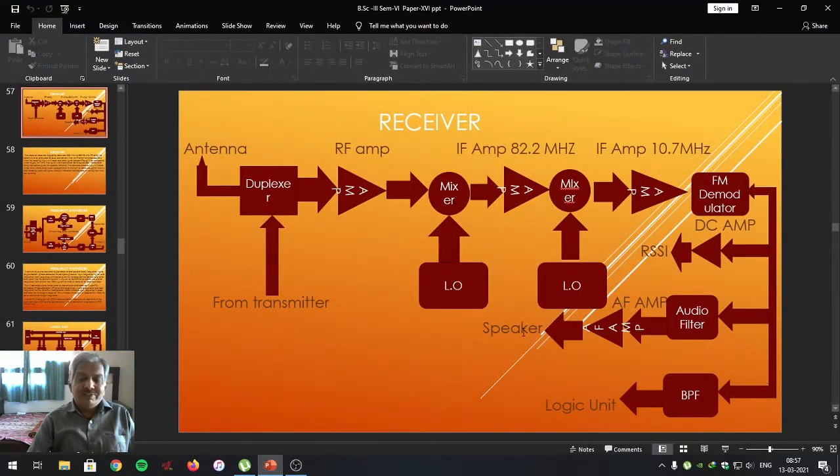Student friends, let me continue with topic number 3, that is mobile communication. Students, in yesterday's lecture we studied the detailed aspects about the transmitter block which is involved in the block diagram of cell phone. What exactly it consists of, how it transmits the voice signal from transmitter into this space.